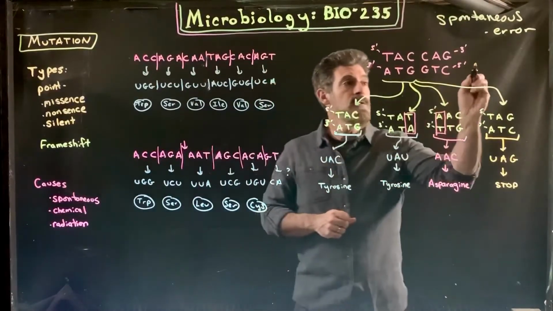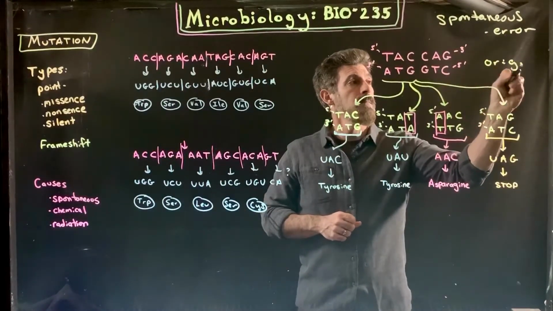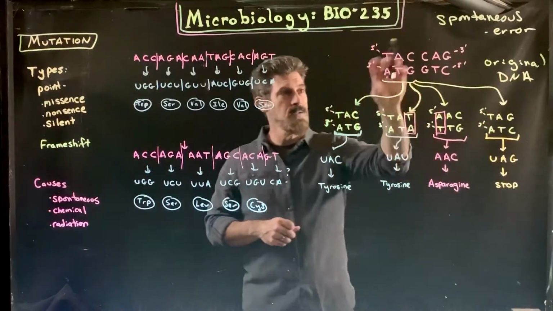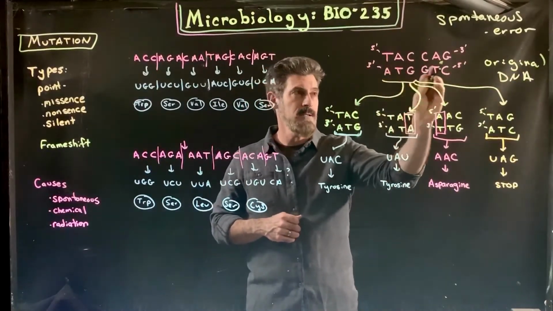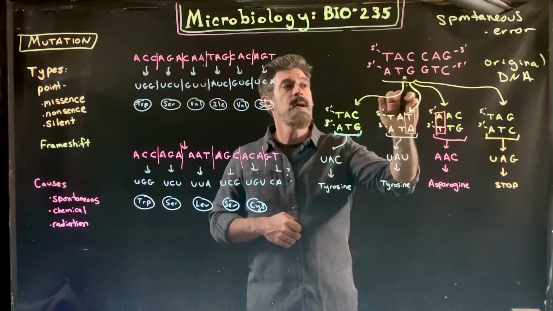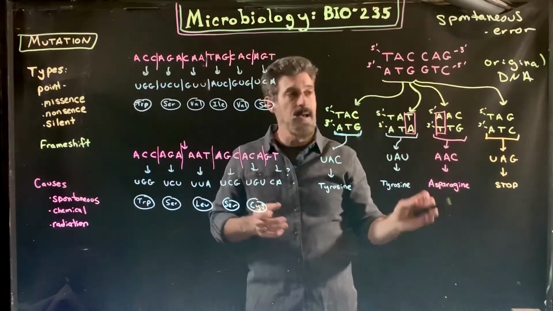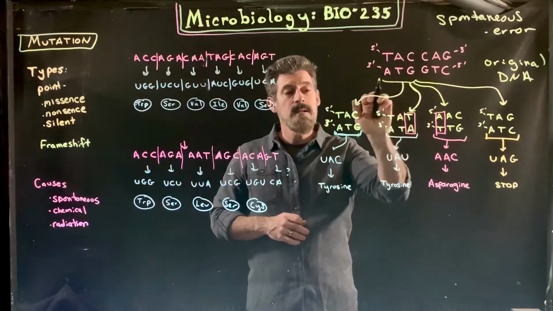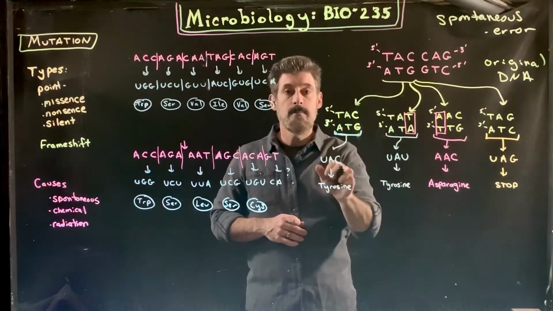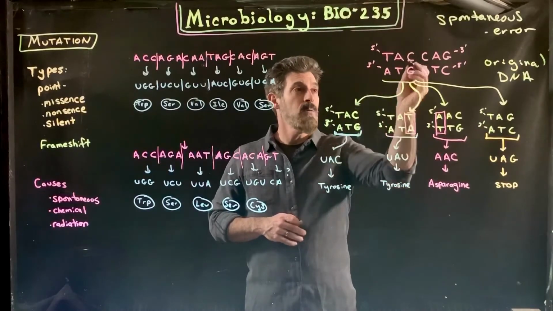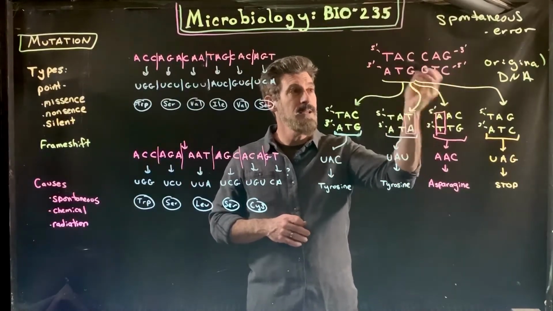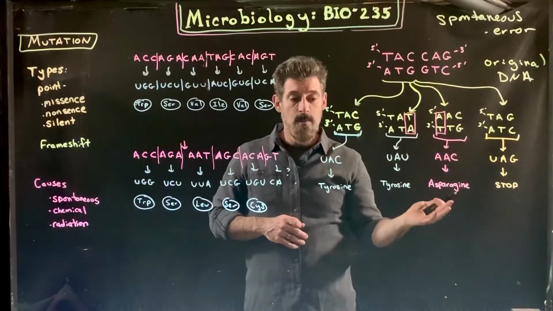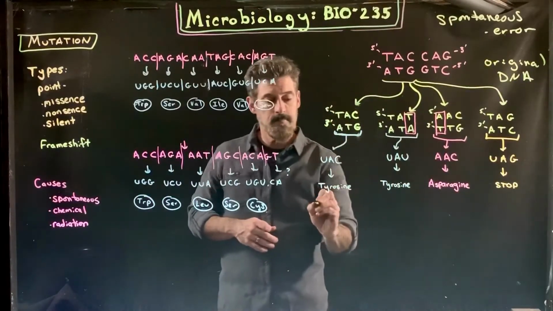So if this is our original DNA sequence, for example, up here. So there's two strands of DNA. We have TACCAG, ATG, GTC. So we're going to look at that, and we're just going to be focused on one of the strands that's serving as a template for RNA. And so what's going to happen here is, if this sequence of DNA undergoes normal DNA replication,